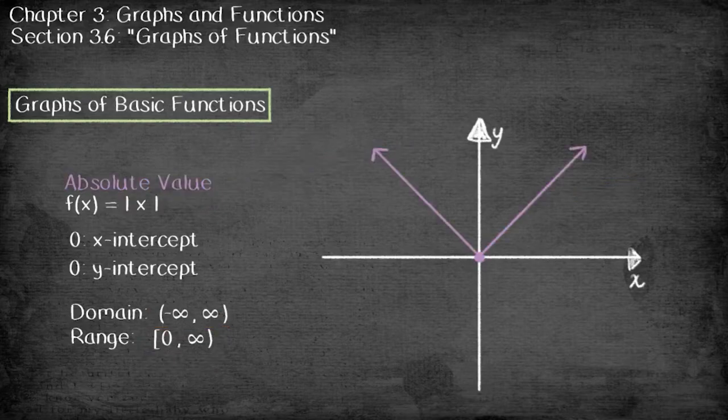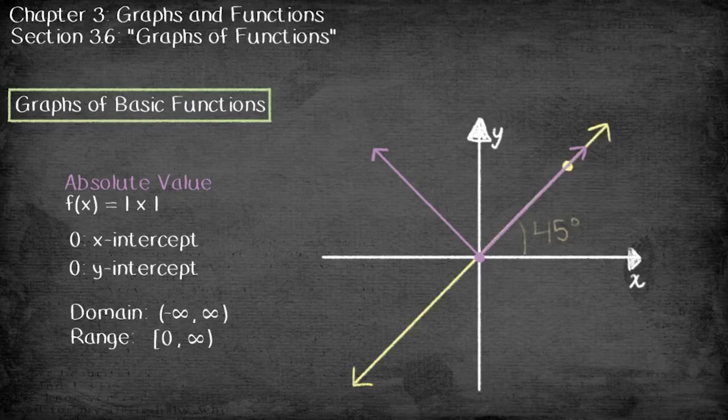And last up, we have the absolute value function. F of x equals absolute value of x. The x and y intercept here are 0. And the domain is -infinity to infinity, and the range is 0 to infinity. I can plug any number into an absolute value, but I only get numbers that are greater than or equal to 0. So if I look at the graph of the identity function again,